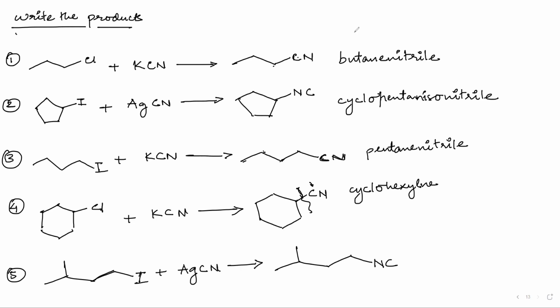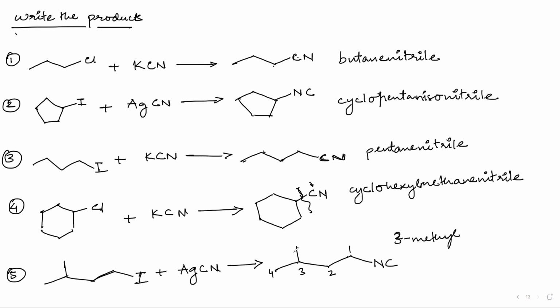Methane, meth, because there is one carbon. This is attached with one of the carbon, that is why it is having ane. And then we will write nitrile. It's methane nitrile. What about this one? 1, 2, 3, 4, 5, 6. So this is isonitrile. Obviously this will start from 1, 2, 3, 4. Third has 2 butyl. So 3 methyl.